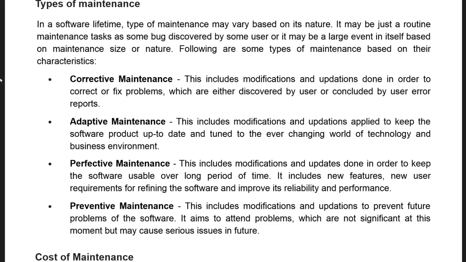It aims to attend problems which are not significant at this moment but may cause serious issue in future. So you have to understand that